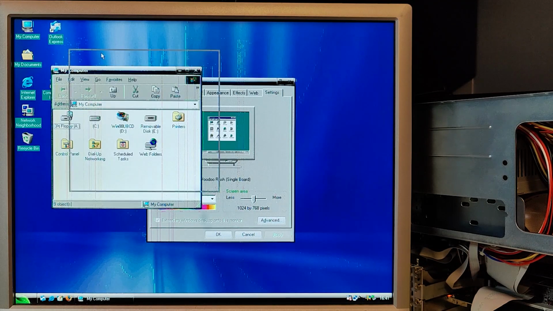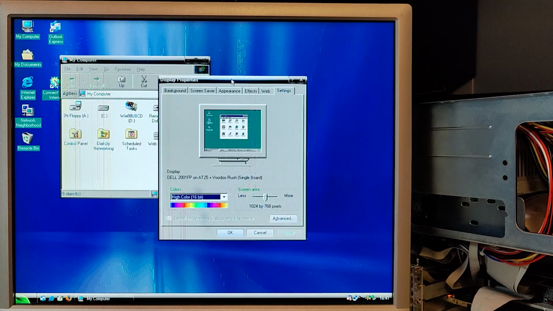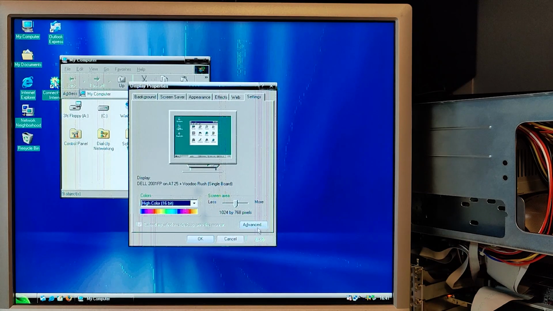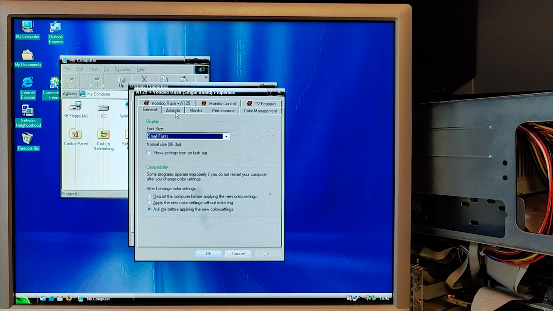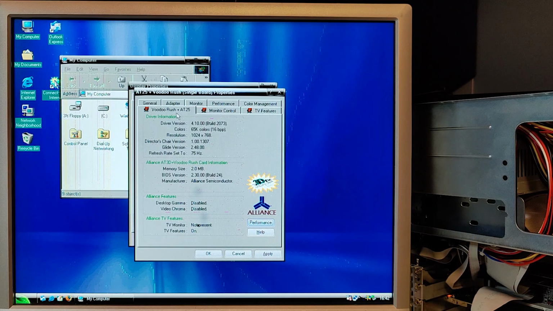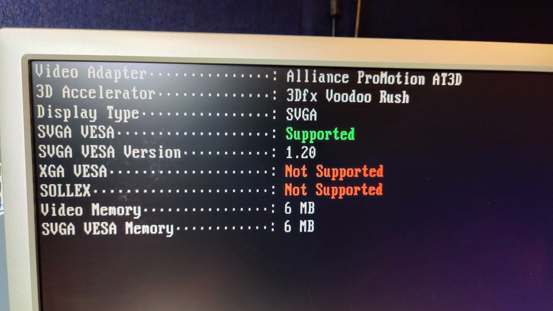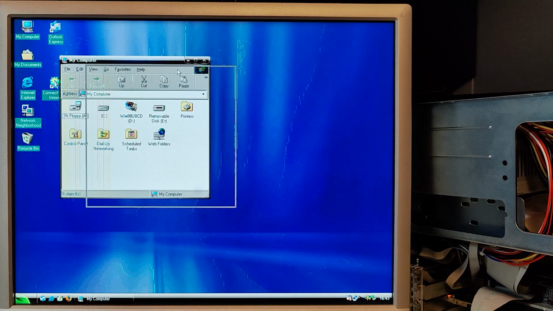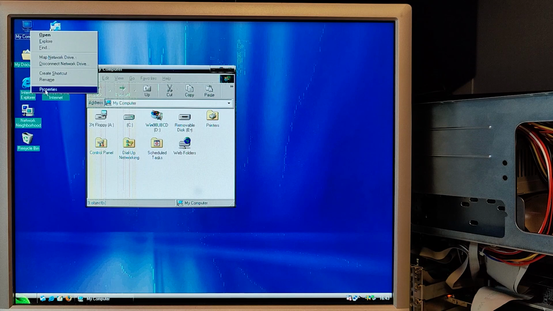This looks like a driver problem and could even be a hardware problem, maybe a memory problem. Let's press advanced and see what it says about the adapter. Direct Draw 1. Okay, it says Voodoo Rush. Memory size 2 MB. When I'm using IDA to check the card, it says that it has 6 MB of memory. We'll keep it there for now, and we will have a look at the device manager